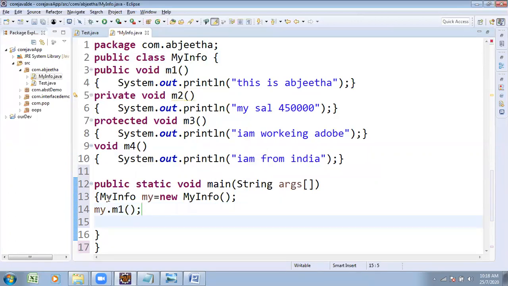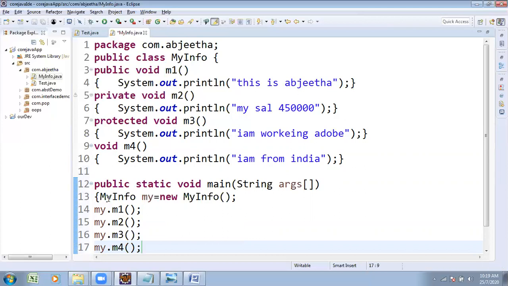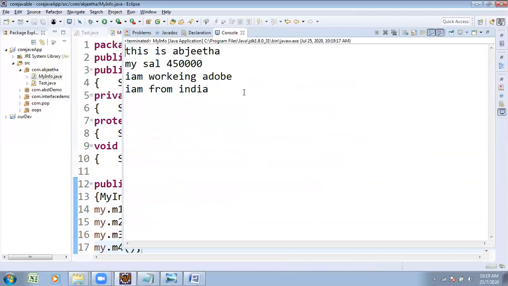Similarly, my dot m2 method. Similarly, one more method, my dot m3 method. Similarly, my dot m4 method. Once he declared, he is going to utilize all types of accessibilities within the same class.